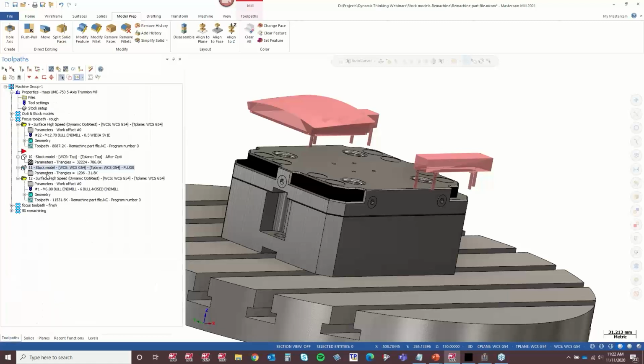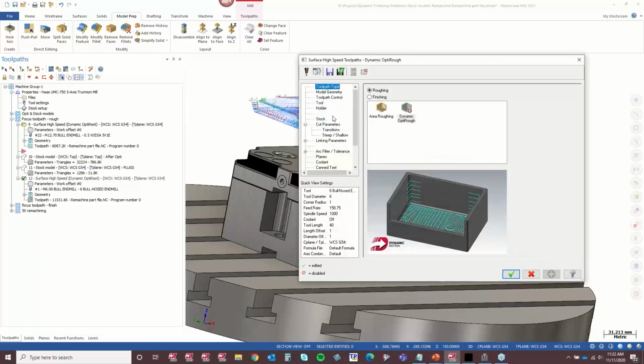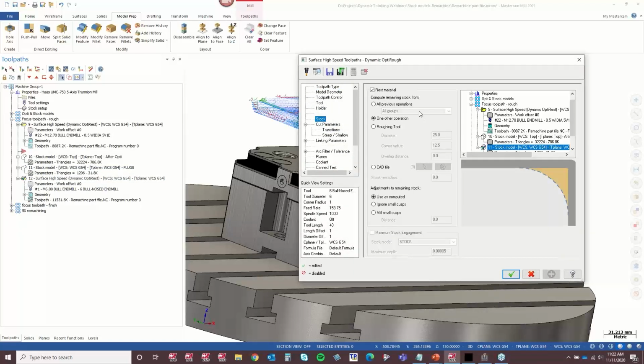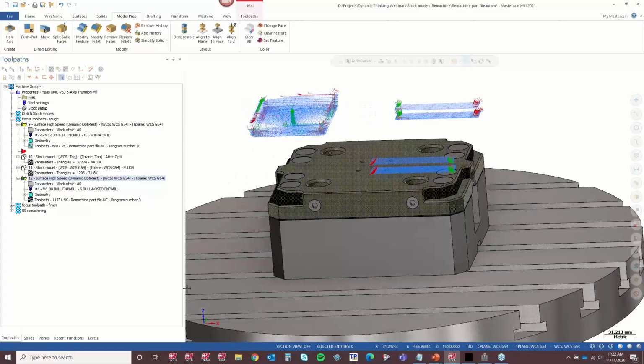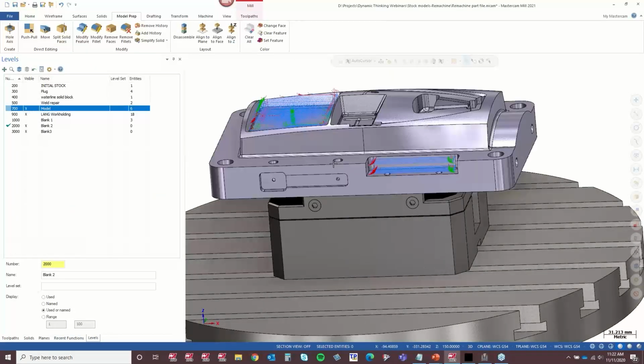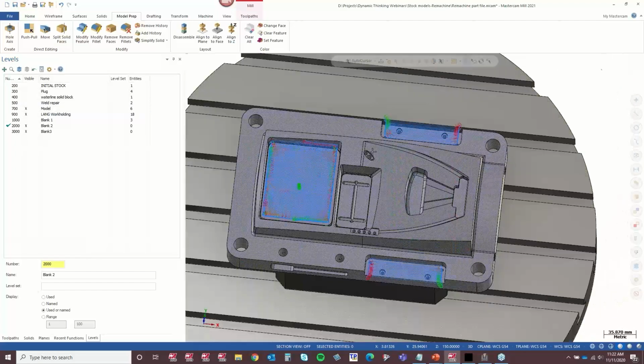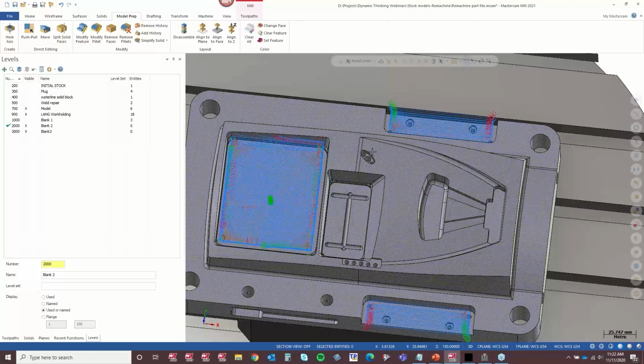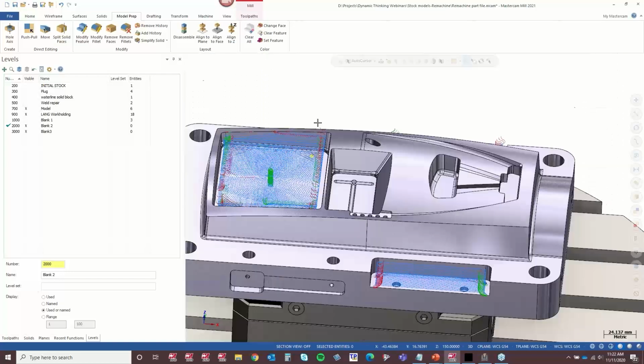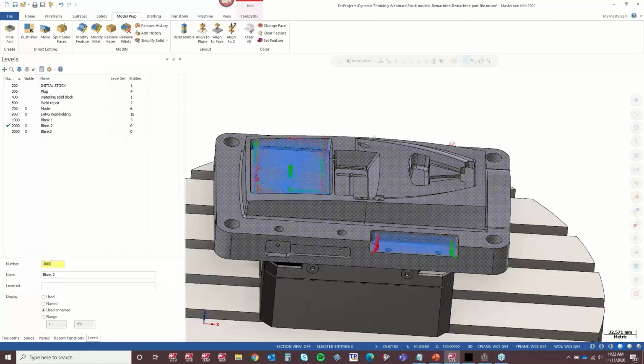Okay, jump back in here, shut that stock model off. So now I go into my OptiRest operation, and as stock, I select one other operation and I grab that stock model. What that's going to result in is a toolpath that's only going to hit those areas that I specified. It's gouge checked and aware of the entire part, so it's never going to hit any of the other features. It just knows that those areas are what I want to machine, and it's trimming everything else out of that toolpath.